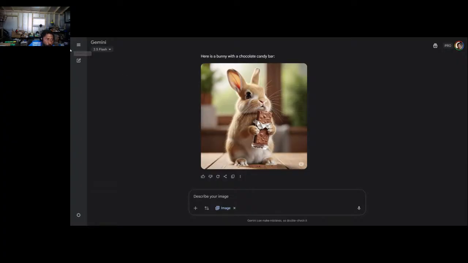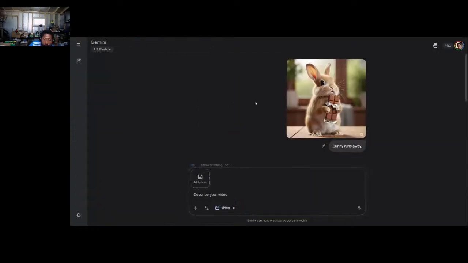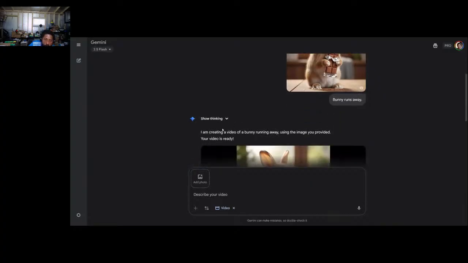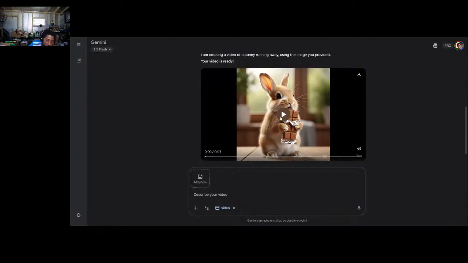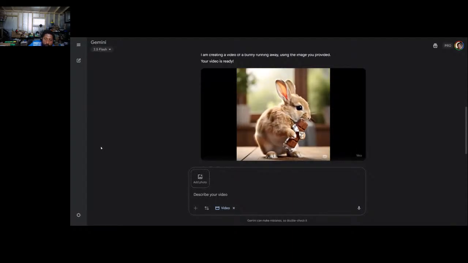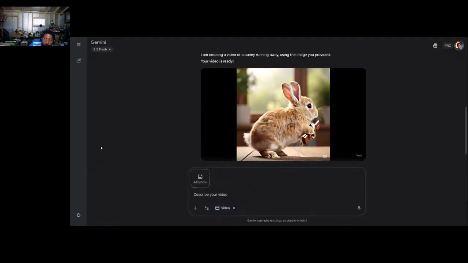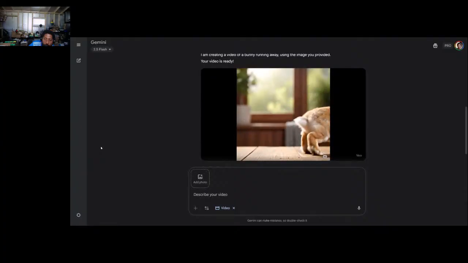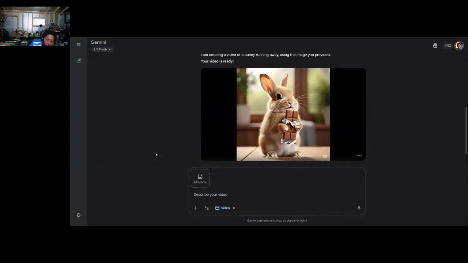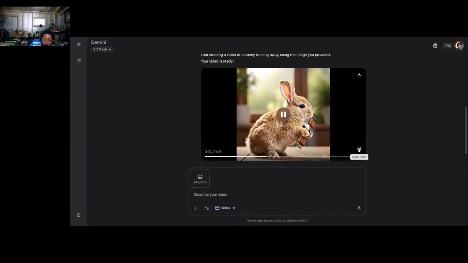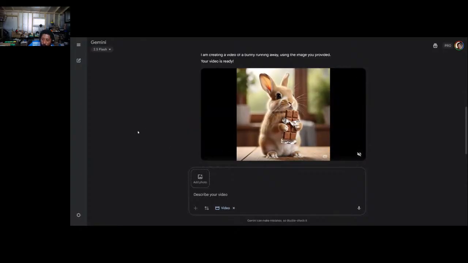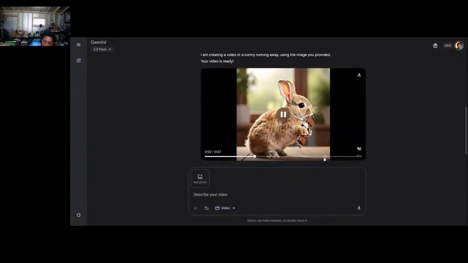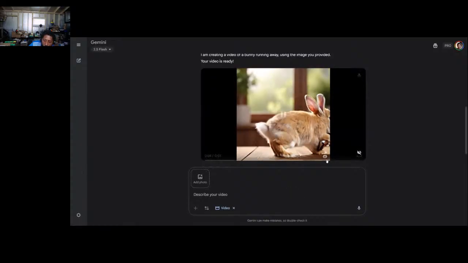Let me open up. Oh, so something finished. So here's the new thing that I generated. I put bunny runs away. And it was thinking, I'm creating the video about bunny running away using the image you provided. Now the image is ready, right? So it's 7 seconds. I mean, that's pretty cool. And it has the noise and all that stuff. Cool. And it even tags it VO right there, so it lets you know, hey, this has been. And yeah, even the image it generated has a watermark that says AI on it.